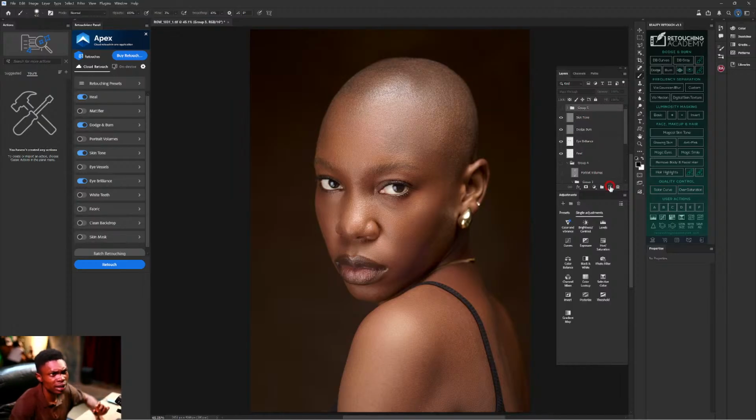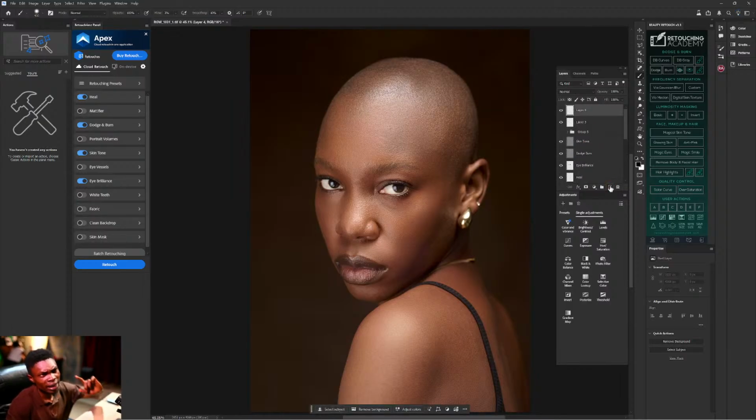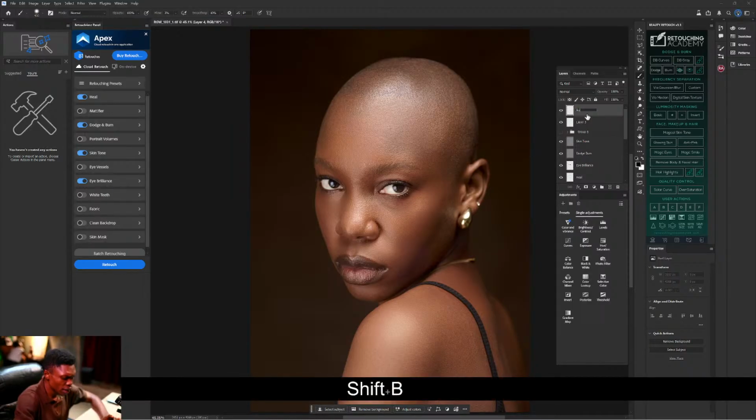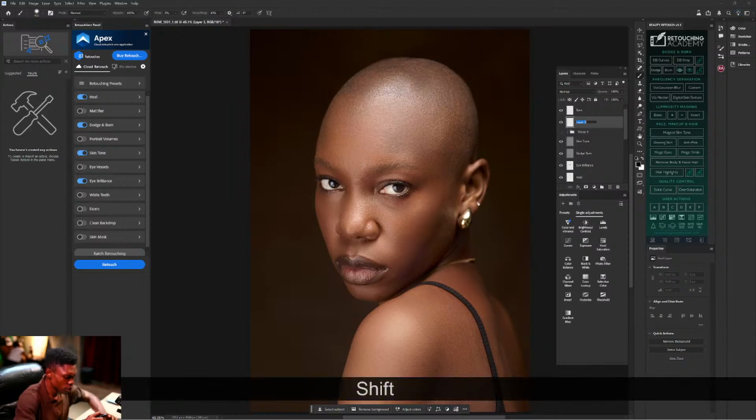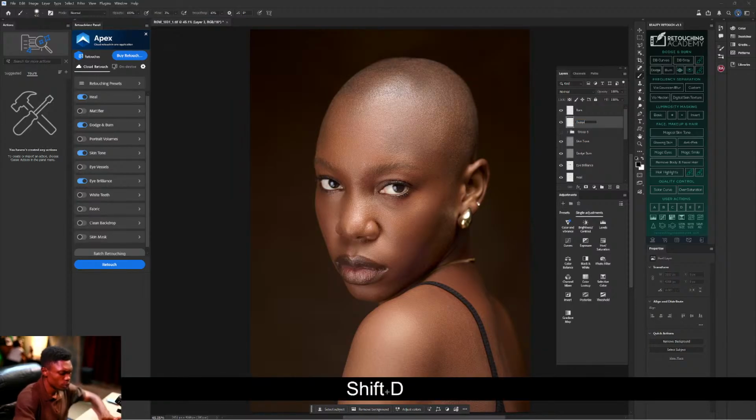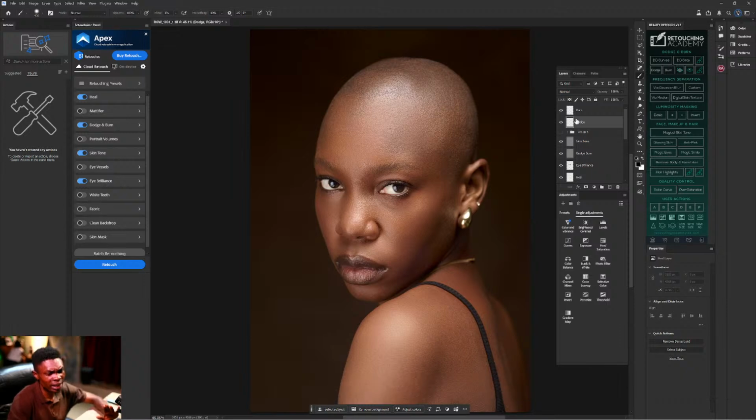I go create layer 1, layer 2. Make I rename layer 2 as burn. I don't know why they always like me my burn dey up. Then layer 1 as dodge. Now as I don create these 2 layers like this, wetin I go do be say I go just carry my brush, make this flow reach 100. I know say 100 too much because I go still reduce am a bit, but make e reach 100 so that I go see wetin dey paint.